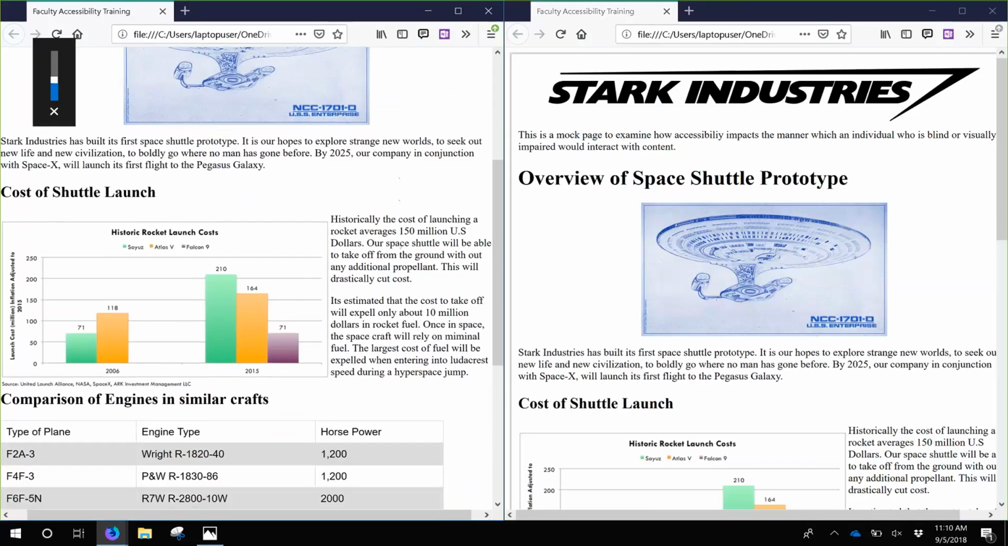So what you just saw was that while the page is navigatable, so I was able to jump down to our second heading of comparisons of engines in similar crafts, how it read that table in this inaccessible version was it read column 1, then the text in column 1, column 2 and the text in column 2, and column 3 and the text in column 3, which if you're looking at a simple table with 1 or 2 columns, you may be able to remember,